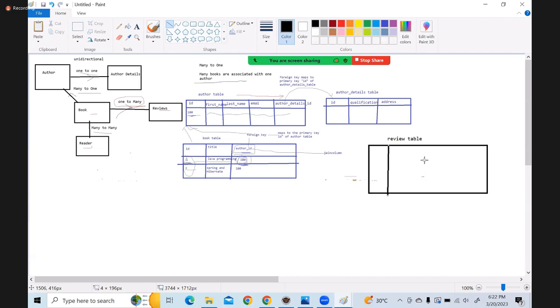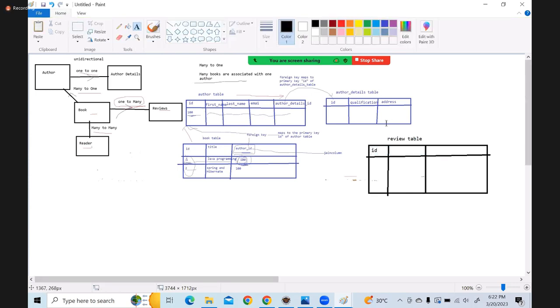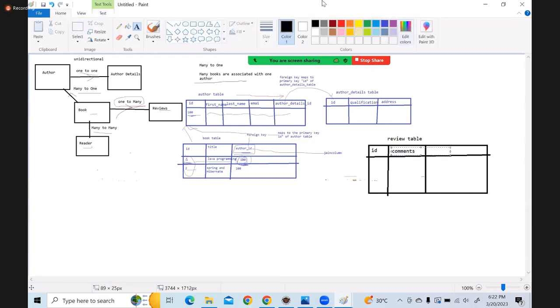Next is review comment. Now you see. Now one book will have multiple reviews, right? Say for example, this is your review ID. Next I'll have review comment. And then I'll have